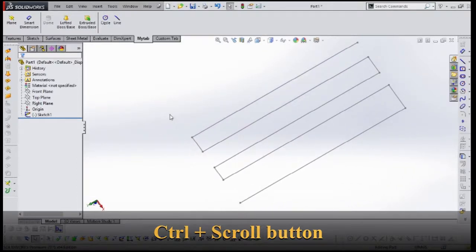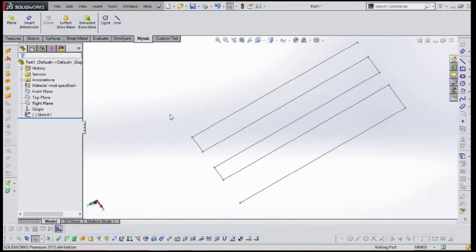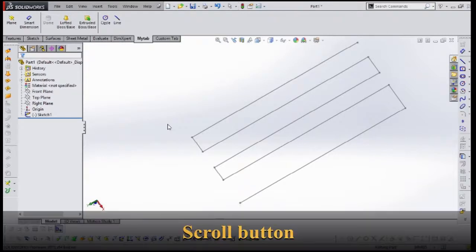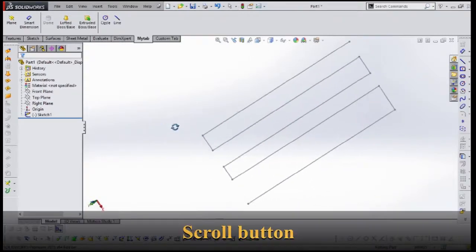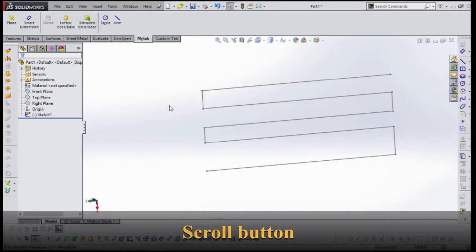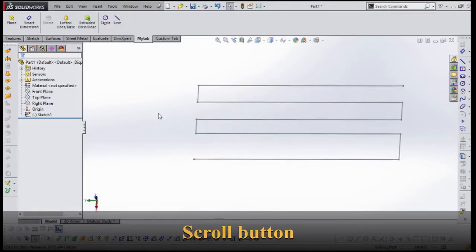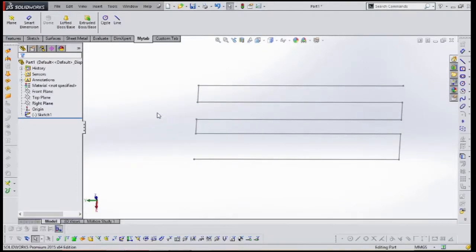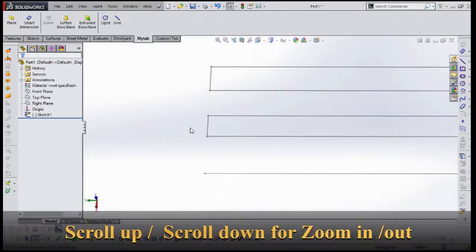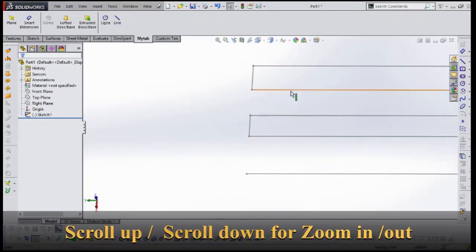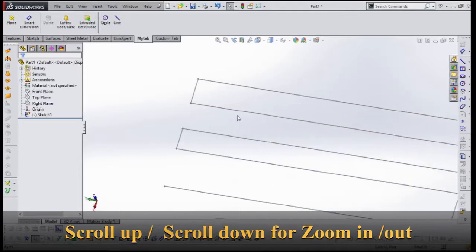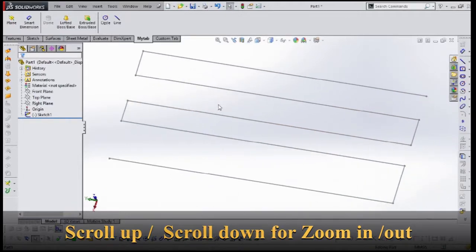Next, if you want to rotate the object, simply click on the scroll bar and move your mouse in the direction you want. This gives you the rotate option. If you want to zoom, simply move the scroll bar up and down. These are the mouse options in SolidWorks.